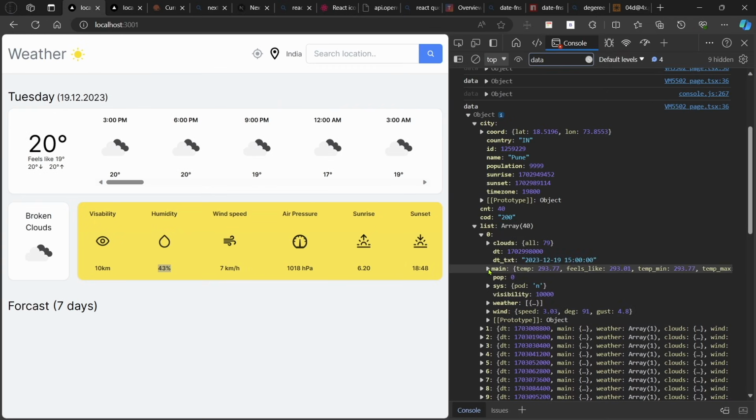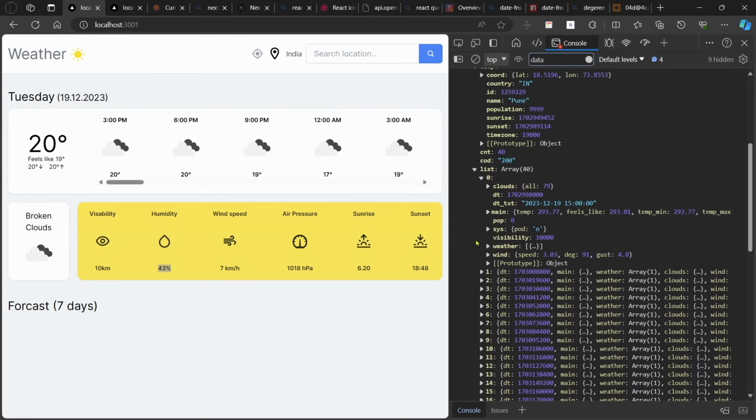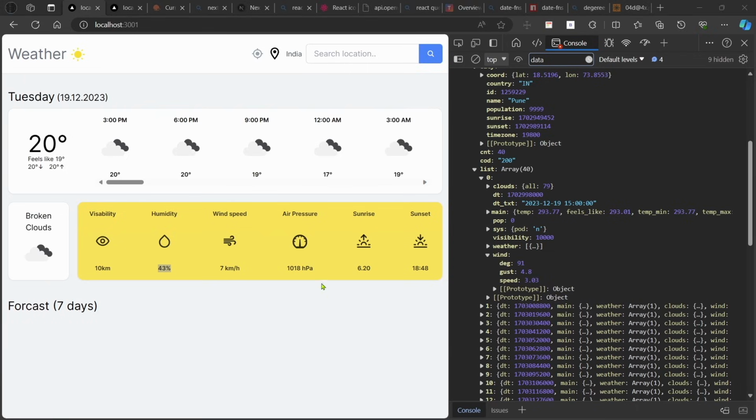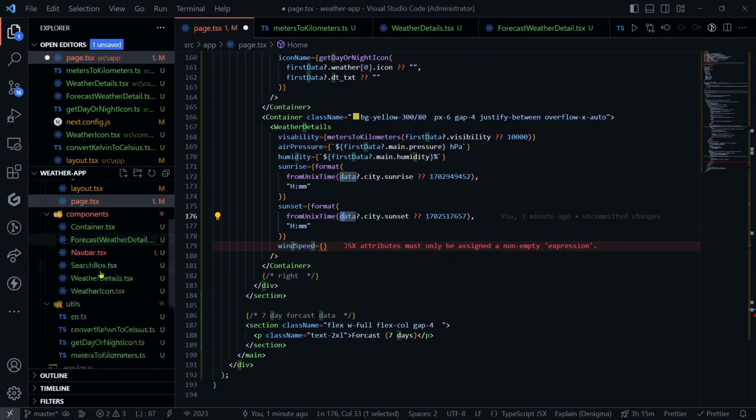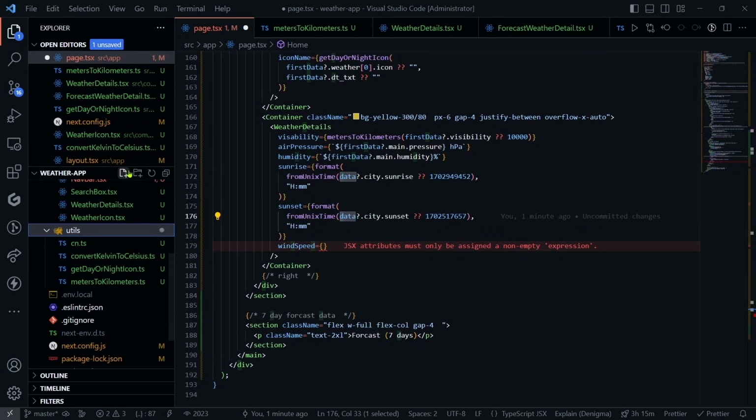But if you check that data, and here let's check the first data dot wind, here we are getting our speed in meters per second, and we have to convert this speed into kilometers per hour. So for that, again we will create another utility function. So let's come to the code again and go to the utils file there, and here